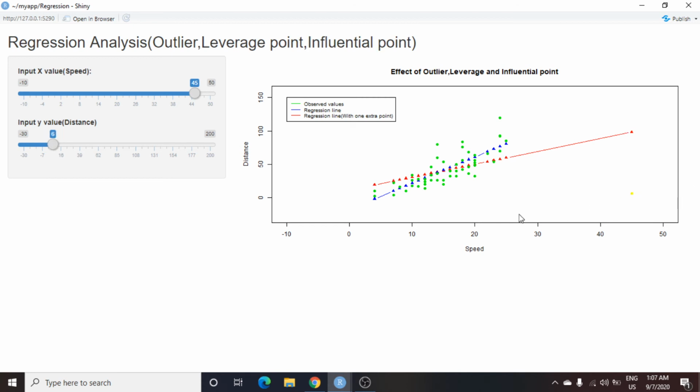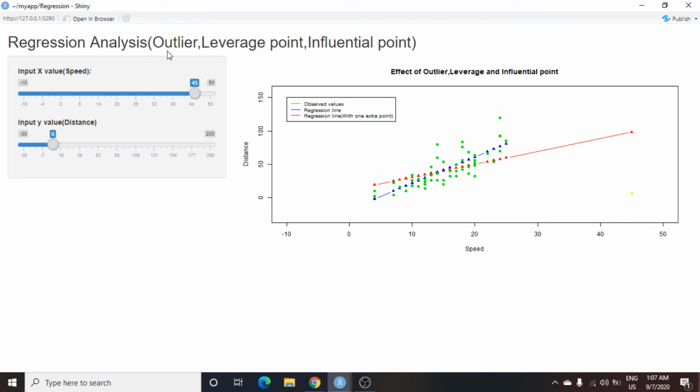Okay. So for this yellow observation, the y value is quite within the range of the rest of the data points, but its x value is quite extreme. It is 45. And for this particular observation the regression line changes completely. Okay.